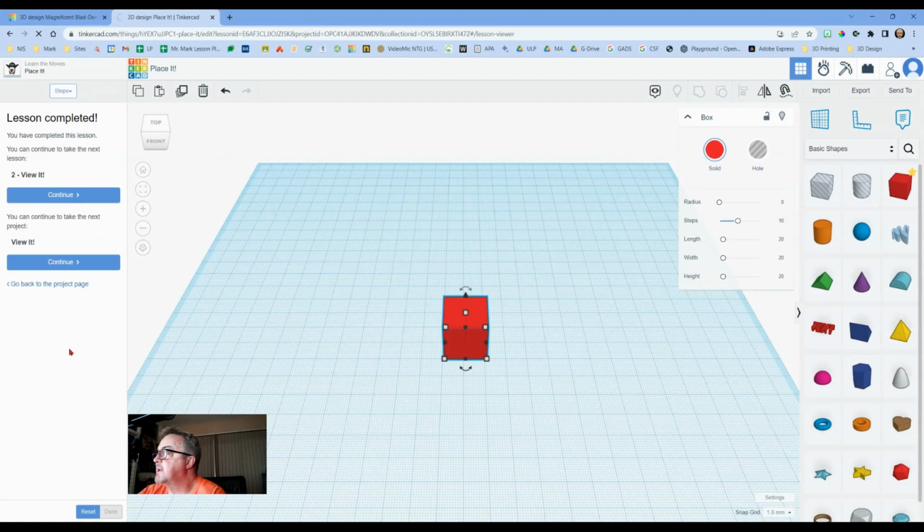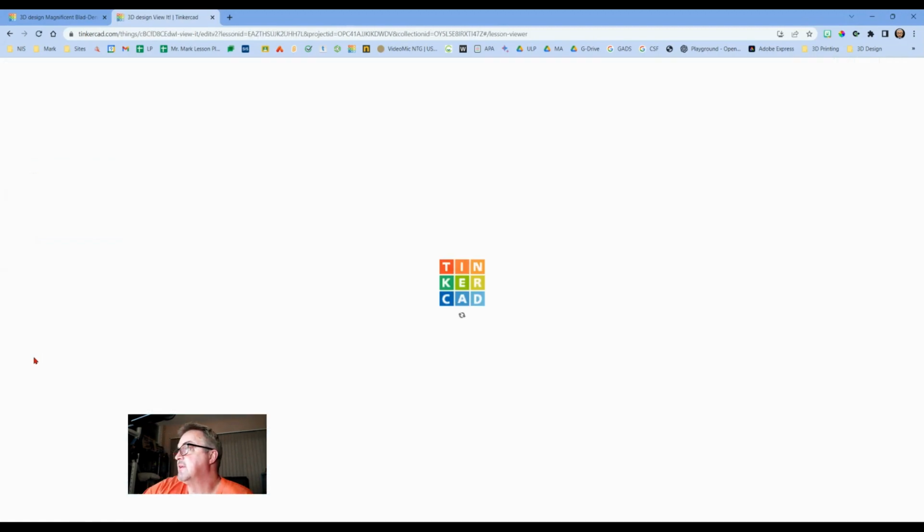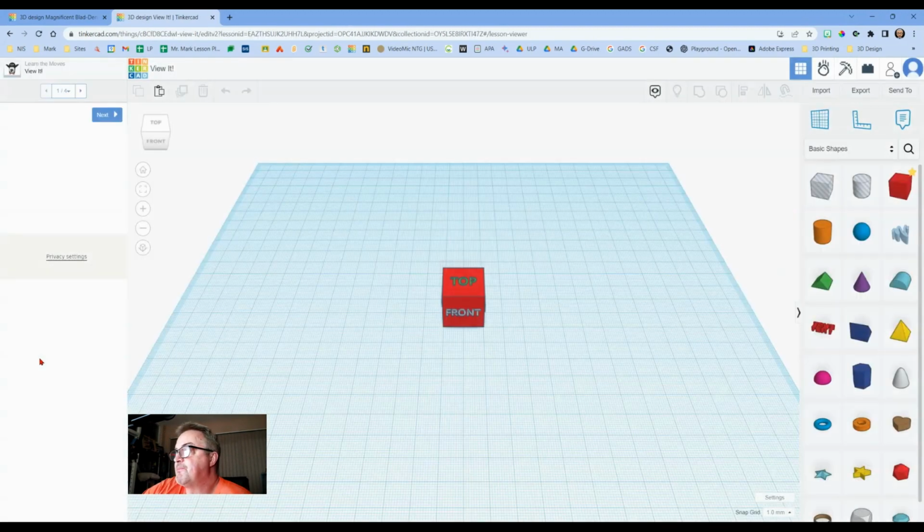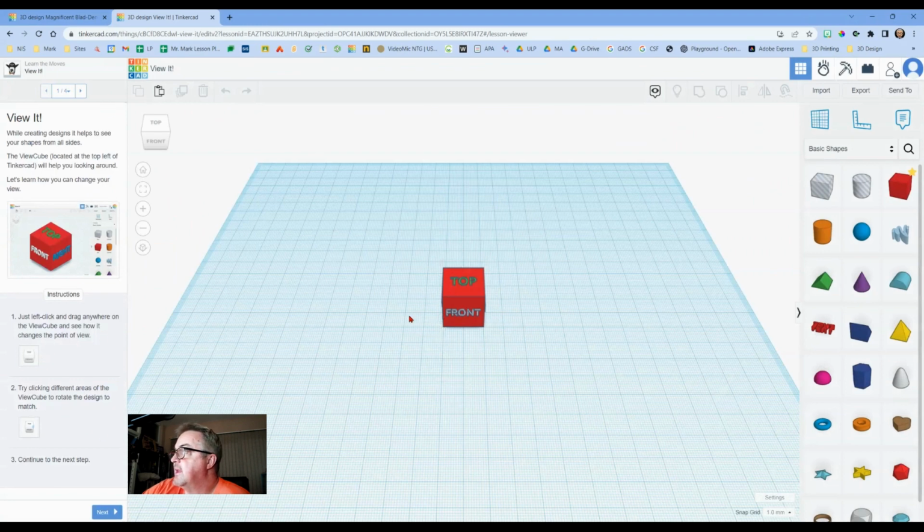And then once we click continue, it opens up. And it says, while creating designs to see your shape from all sides, use the view cube located at the top left of Tinkercad, and this is right here. This is the view cube. Helps you to look around. So it says just left click and drag anywhere on the view cube to see how it changes your point